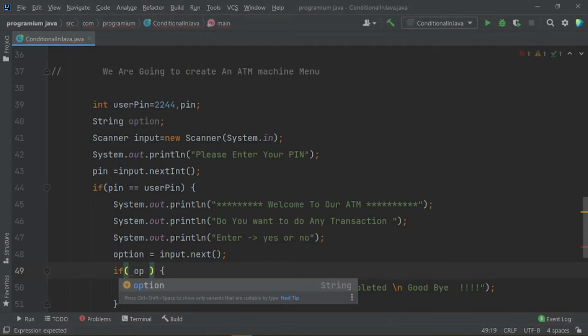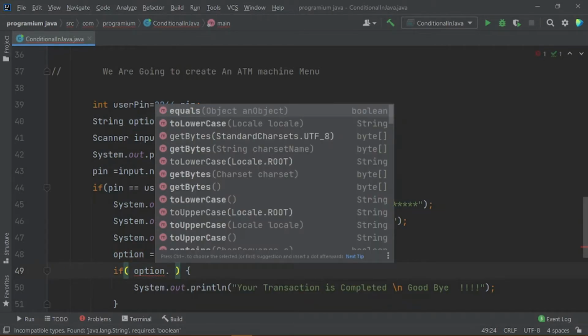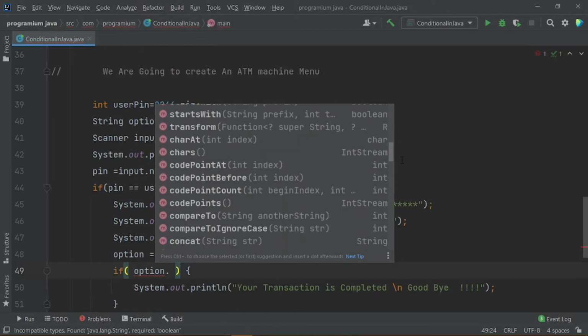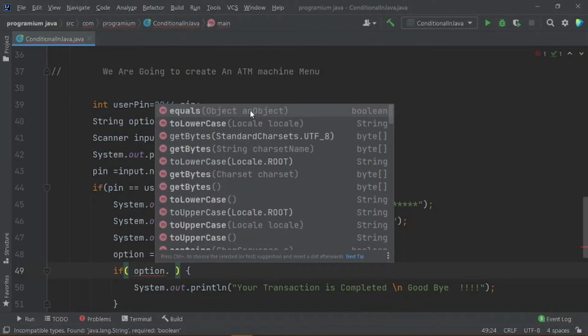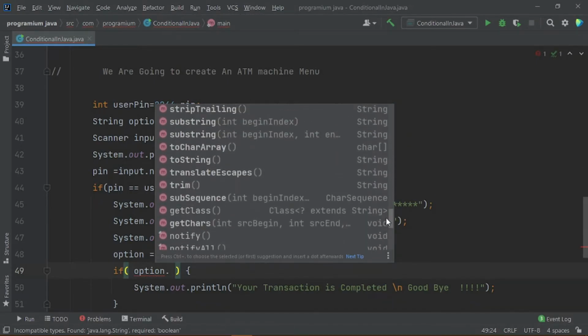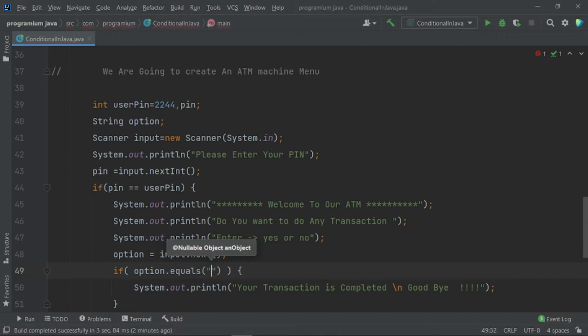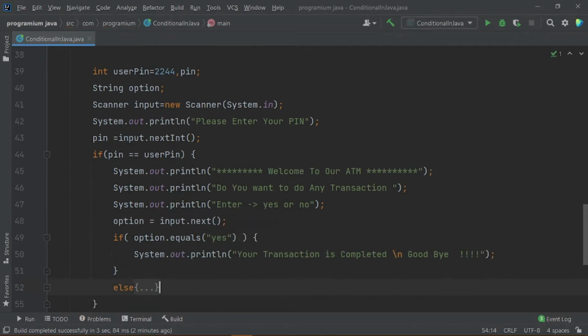Use option and just enter a dot, and you would see a lot of methods or functions that you can use for your string. Let us see what equals does. We have to use equals here. Guys, I would be creating a video about how to use all of these functions. Until then, just remember that we have to use equals to check whether our string variables are the same or not.